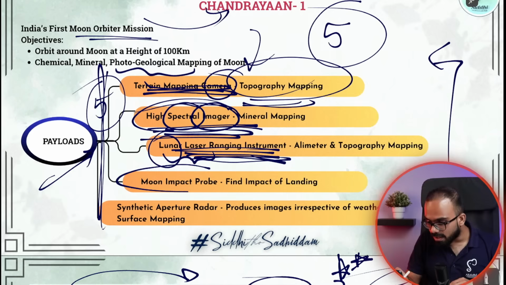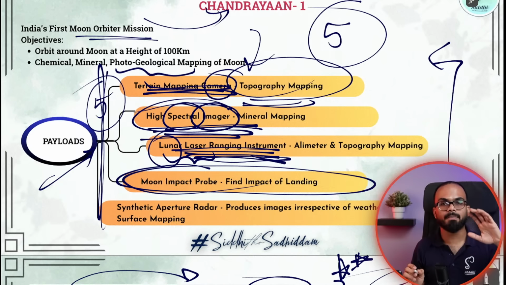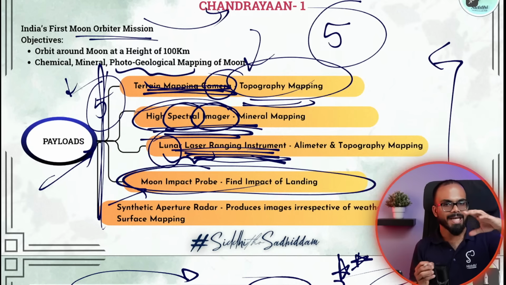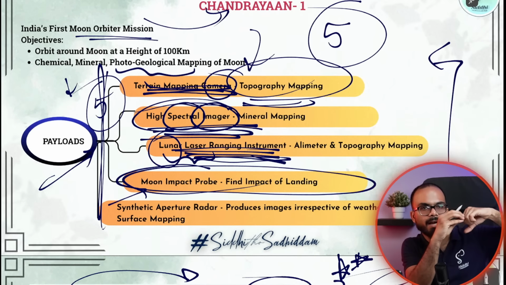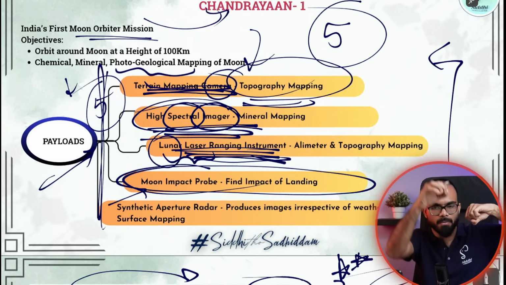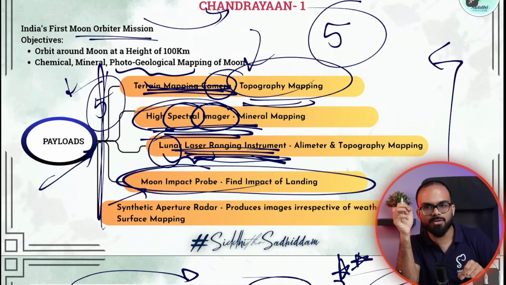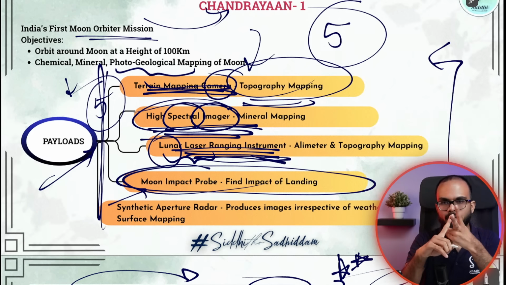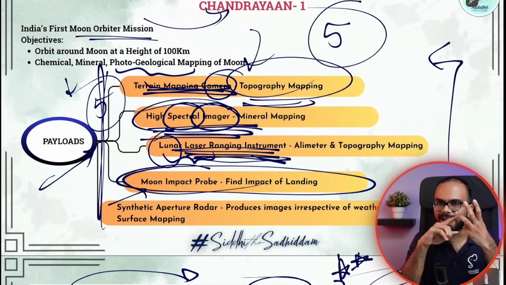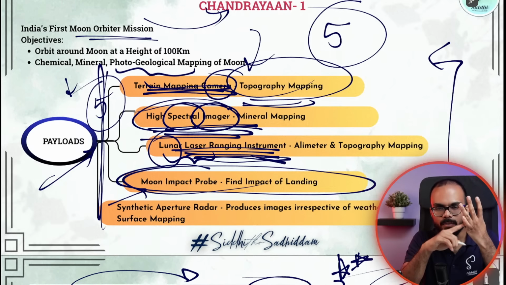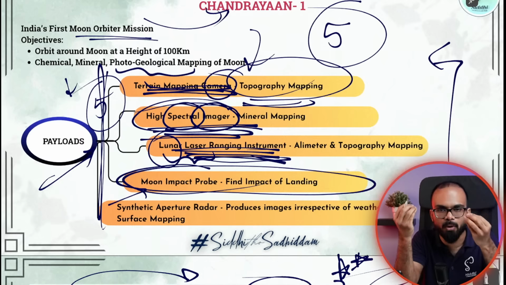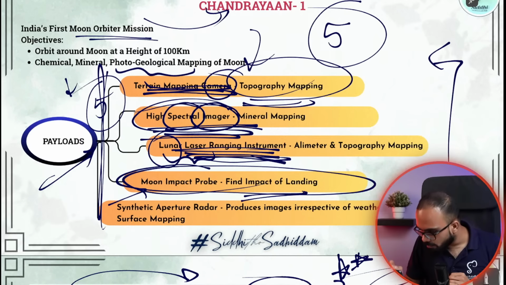Then you were asking what happens if I land. There, in the first mission we sent a body called the moon impact probe. It is attached to the satellite, and after a point of time this probe will land on the moon. Once it lands on the moon, we will understand with what force we are landing. What is the vibration? Did the lander break? Did it break into multiple pieces, or what happened to it? This is called the moon impact probe, where you are understanding the impact of landing.